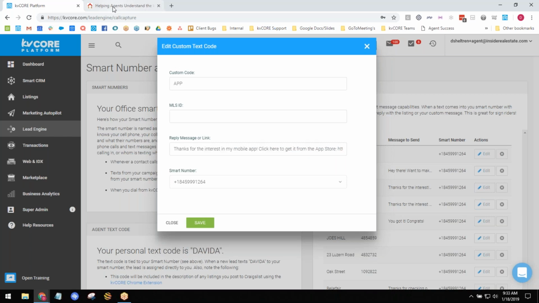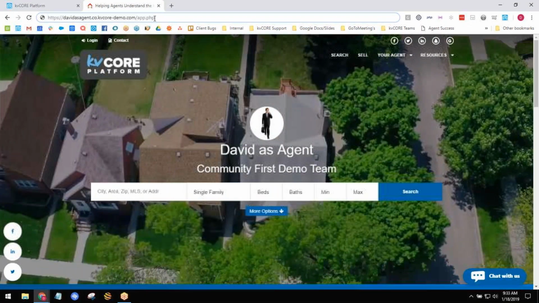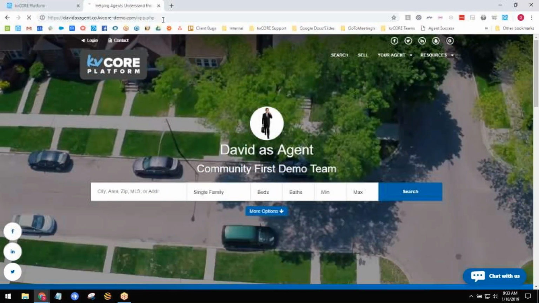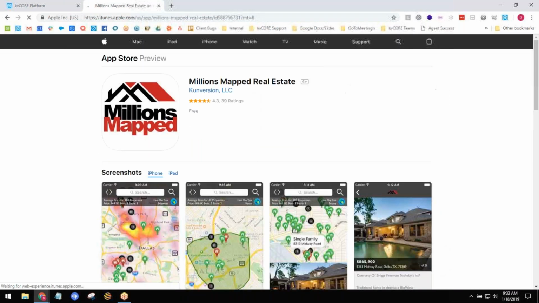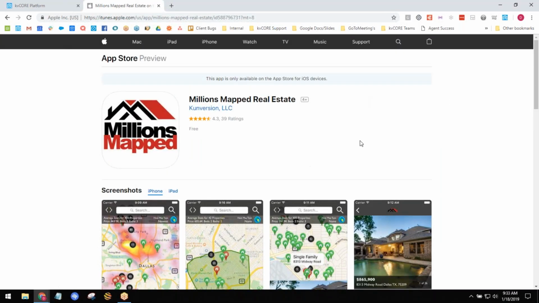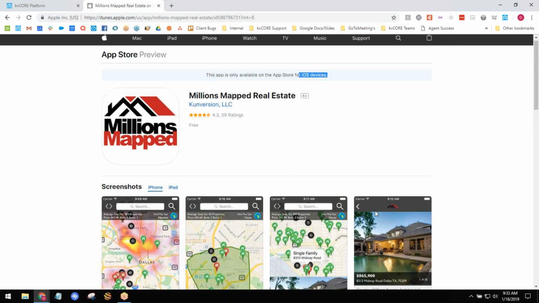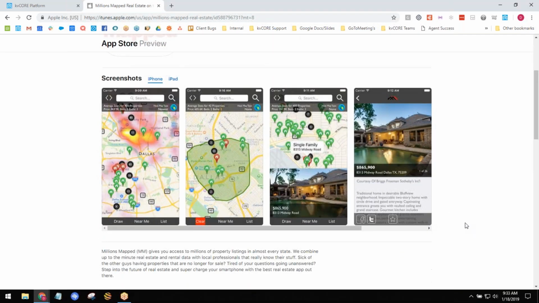So just so you guys know, when the consumer clicks on this link, if I click the return key on my keyboard, we're going to see where it goes. So it goes here, but they're not necessarily going to want to open it up on a desktop, because we want them to go to the App Store to download it for their phone, right? So if they click on this and they go to the App Store, they really can't do much with it. They can't download it here from the desktop. So this is why we want to send it over to their phone so that they can click on it through a text message and immediately be redirected to their App Store to download it.